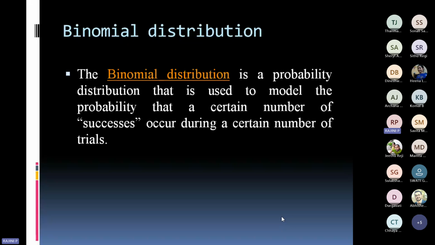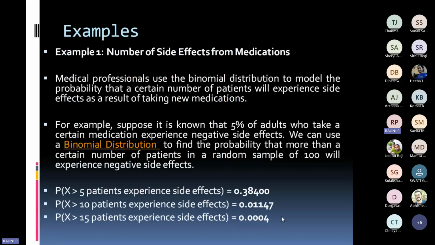Through the one particular distribution or through the probability, I want to know the chance, or the probability, of getting a particular number of successes. Then we apply the binomial distribution. Understood? And next example, here I gave that.